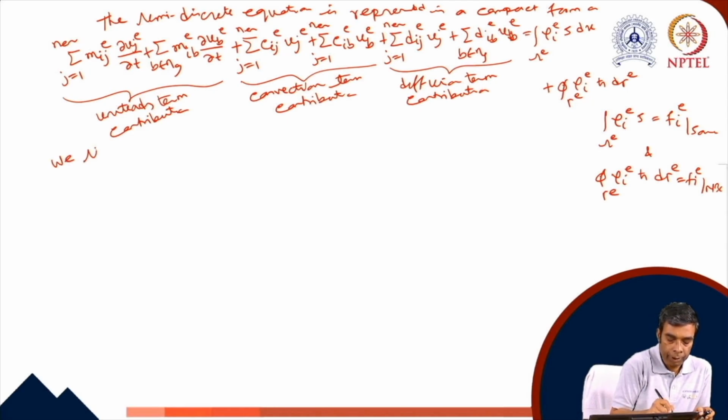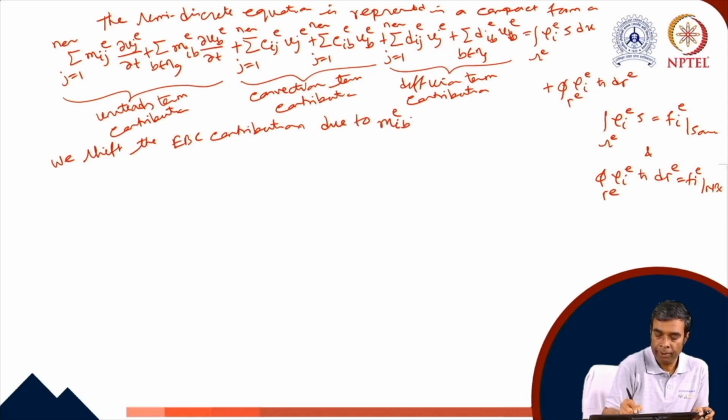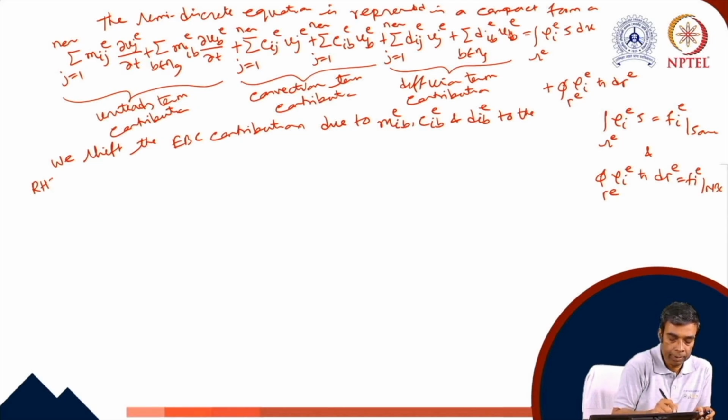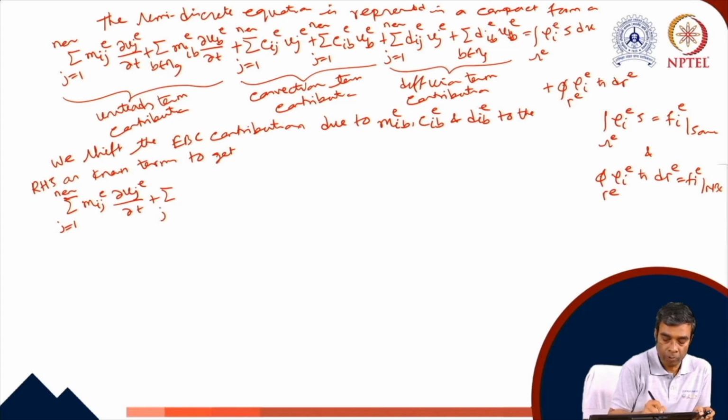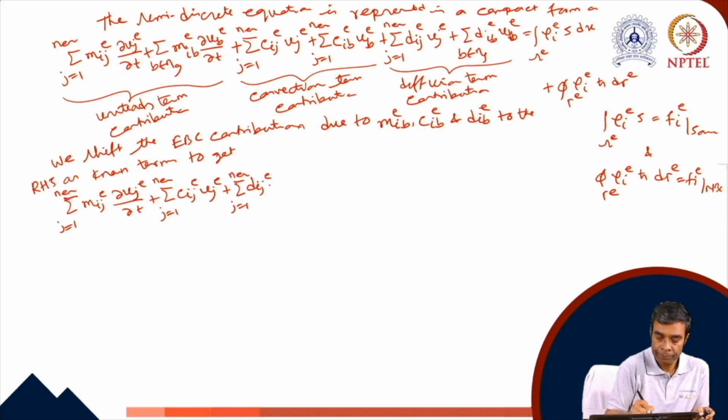Now we shift the EBC contributions due to MIBE, CIBE and DIBE to the RHS as known terms to get summation over j equals to 1 to nen mije del uje del t plus summation over j equals to 1 to nen Cij uj plus summation over j equals to 1 to nen dij uj equals to fie source plus